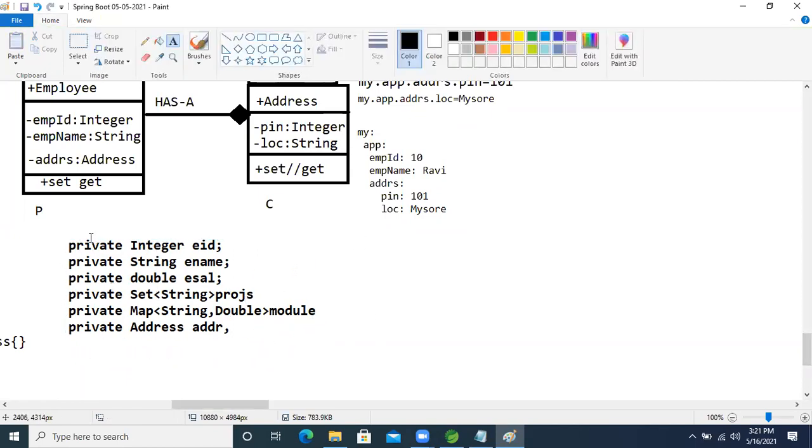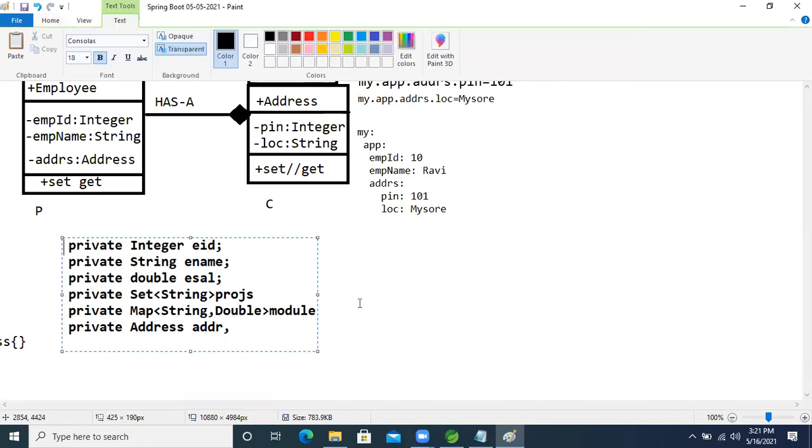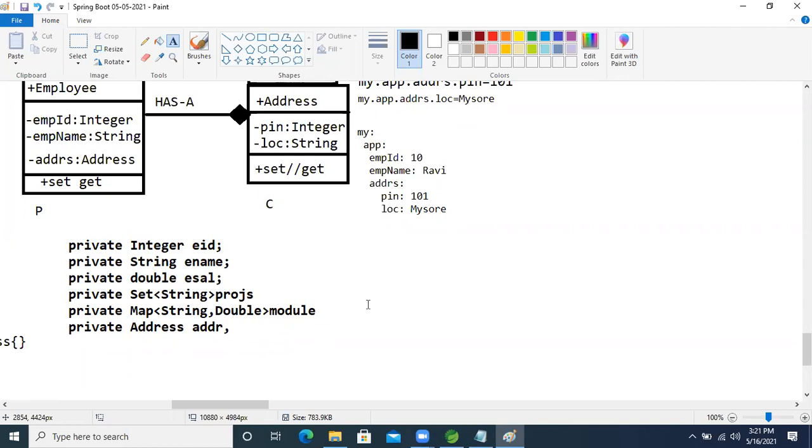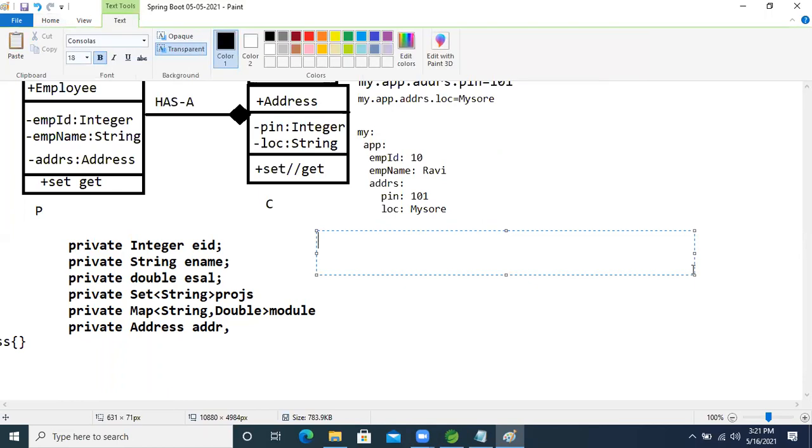I'm explaining this much because our next discussion is based on it. So now let's go with @Configuration.